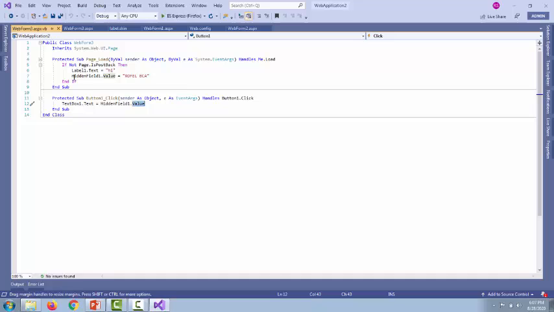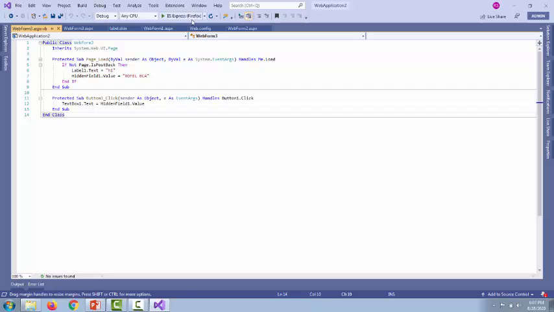And if the page is not post back, then we store the value inside the hidden field, so hidden field 1 dot value is equal to Rafael BCA on the page load. In the button click we retrieve the value of the hidden field in a text box control. Here we set the value of the hidden field and here we get the value of the hidden field inside the text box control.